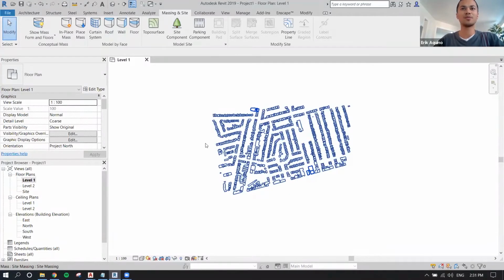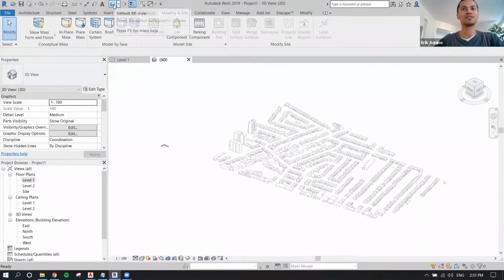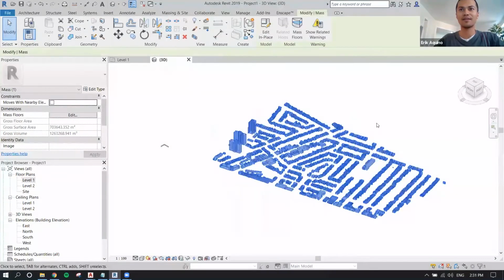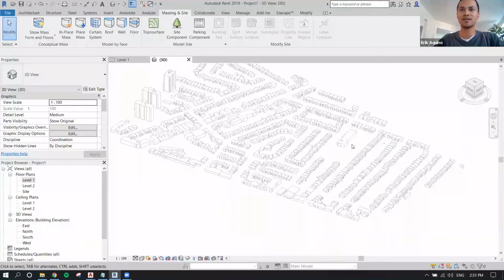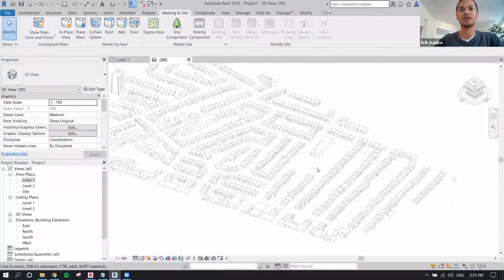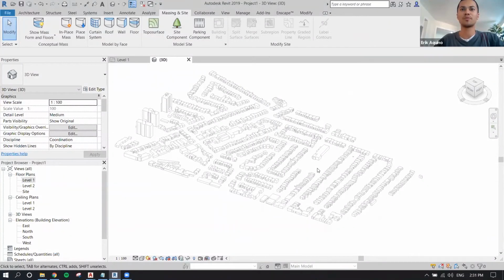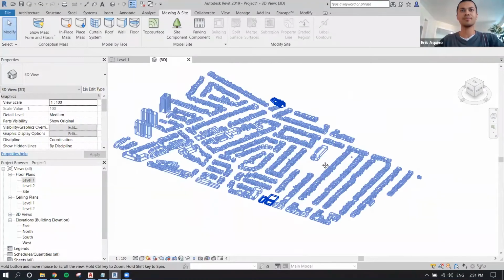So that's a pretty cool thing, and if I have time, I'll show you what that looks like. So we've brought this in now, and we can see if we go to our 3D view, at the top part's the little house, that now we have our context, the buildings, the surrounding park areas that are left blank that we could use to help create diagrams and situate our building inside. Okay,